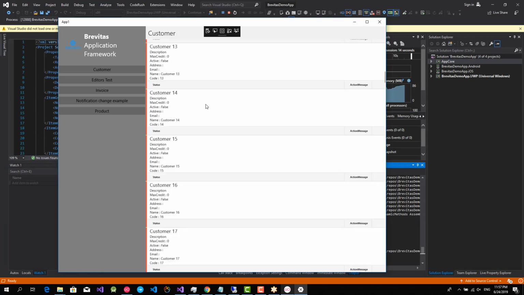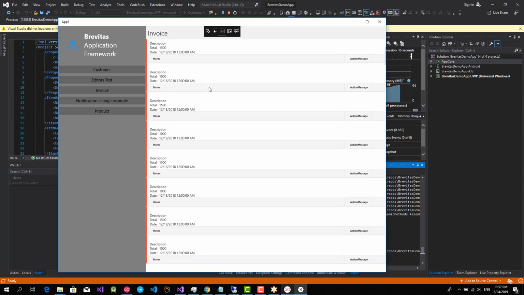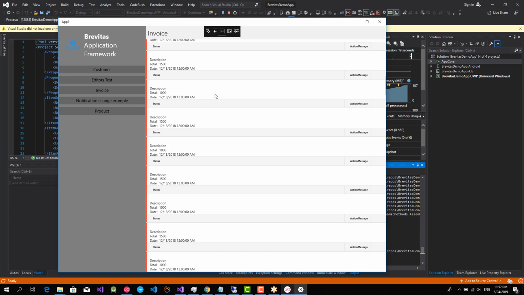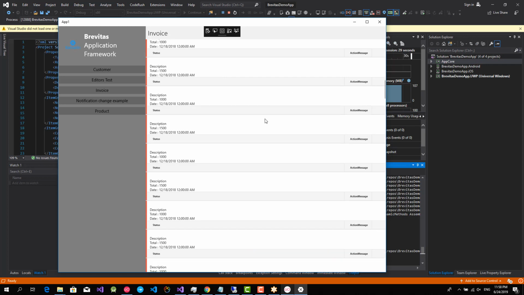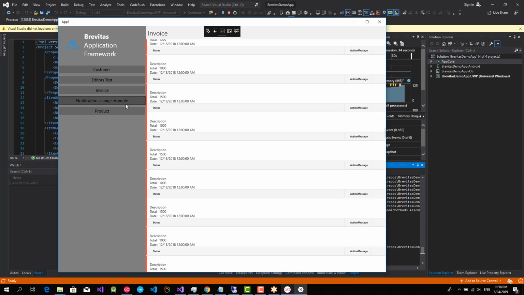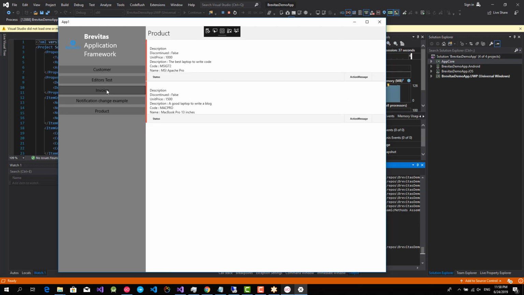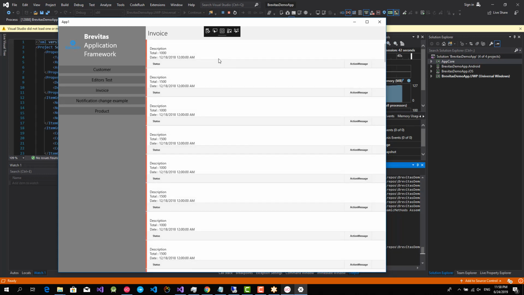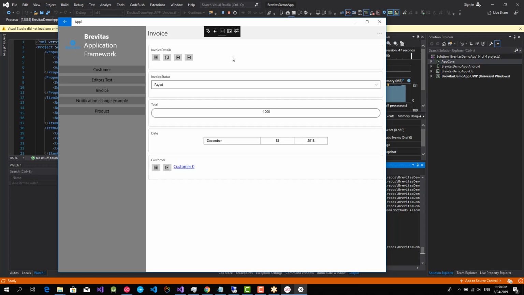So here are the customers that the application created, then the invoices. The application framework already shows the list pages with infinite scrolling, so it's only loading, I think, 25 records for each page. So it's not loading the complete database, even though there are like 10,000 records here. You can see the products, and you can see complex objects, for example, invoice. If you click over it, it contains a list of invoice details